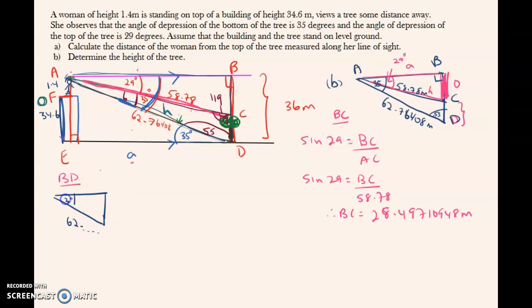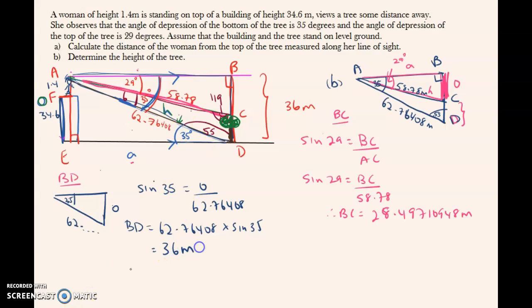This angle here is 35, and I want to find the opposite here. So again, I say sine of 35 is opposite over 62.76408. So therefore the opposite, BD, is really 62.76408 multiplied by sine 35, right? And that works out to be